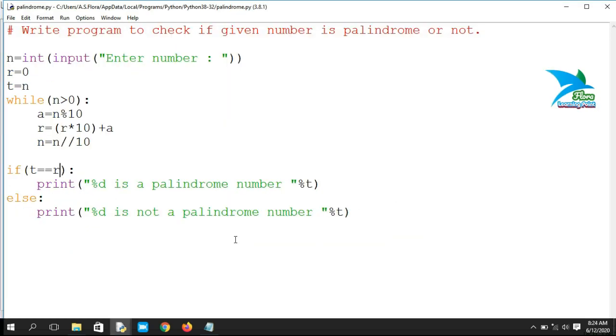So that is all about the logic of checking whether the given number is a palindrome or not. First we get a number from the user, then we declare a variable r, then we store the value of n into another variable t, so that if the value of n is changed after the completion of the loop, we use the t variable that contains the actual value, and the reverse is stored in the r variable. After that, we check if the reverse r and the given number are equal. If both are equal, then the number is a palindrome, otherwise it's not a palindrome number. So that is all about the current program.